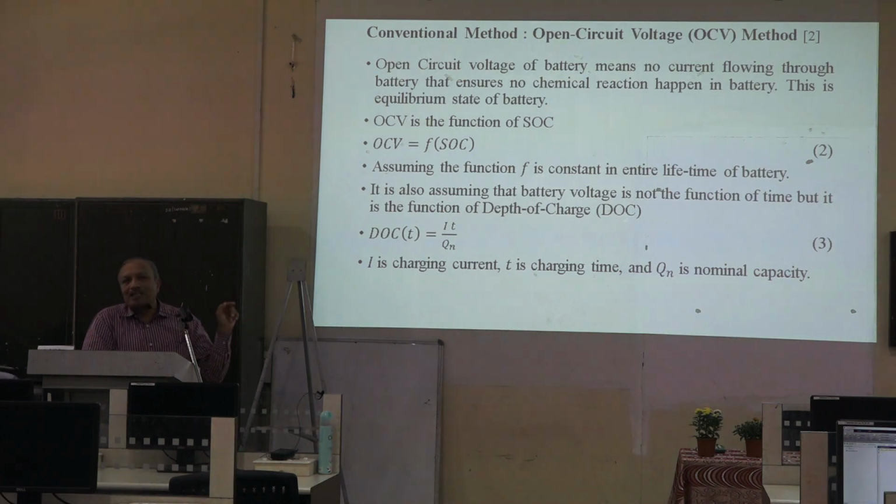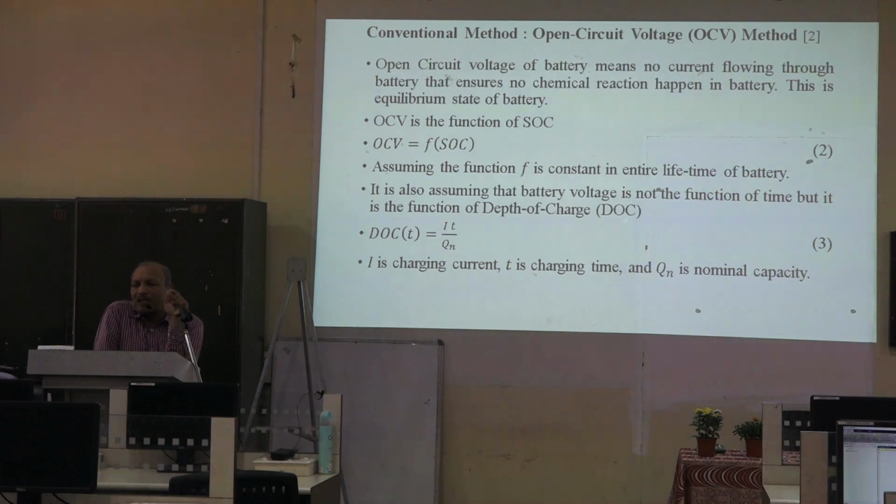Now, inside that function of state of charge, or FSOC, what other things can you include? Then, in terms of time, if you want to write the equation, the open circuit voltage